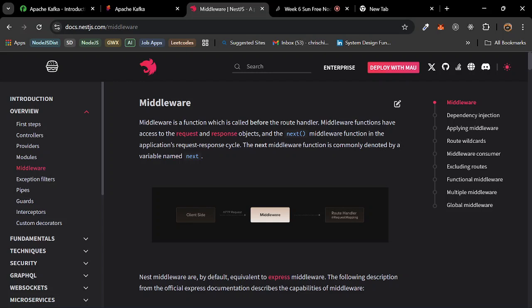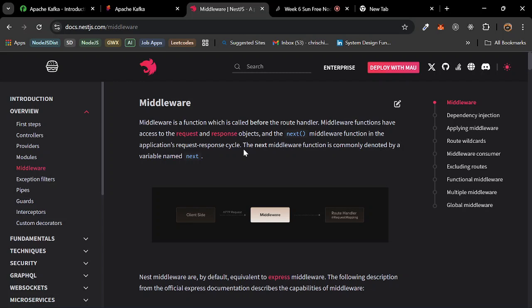So middleware functions have access to the request and response objects, and the next middleware function in the application's request-response cycle. They have access to the request, response, and next. Let's confirm that with this auth middleware that we have. Exactly, it has access to request, response, and the next middleware function.